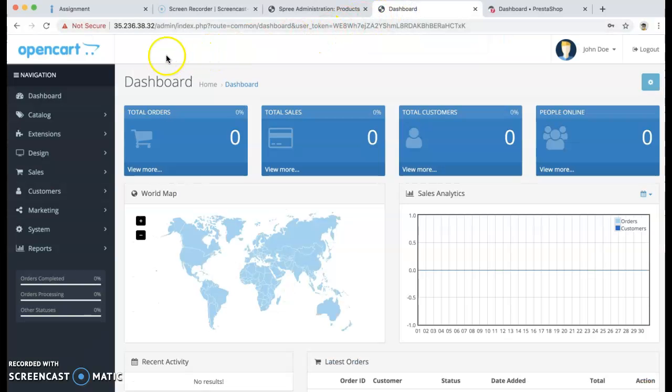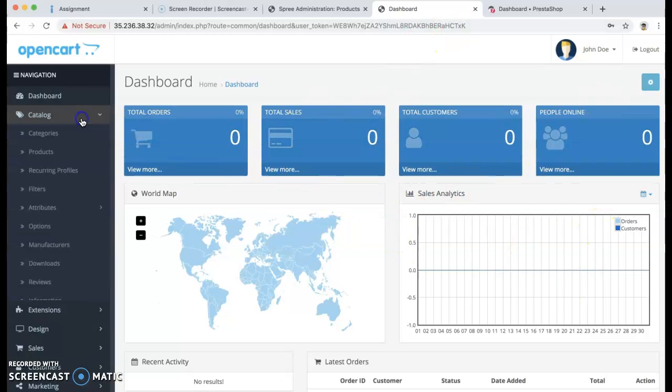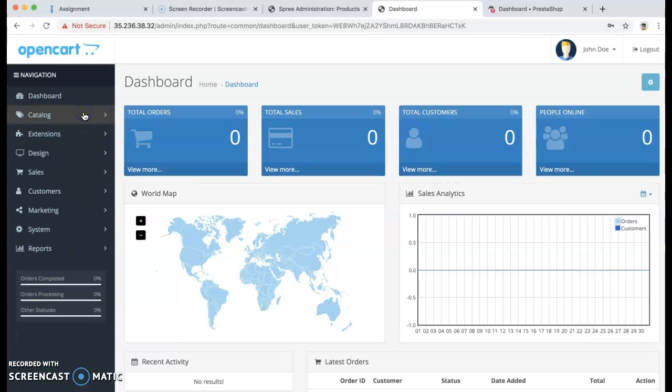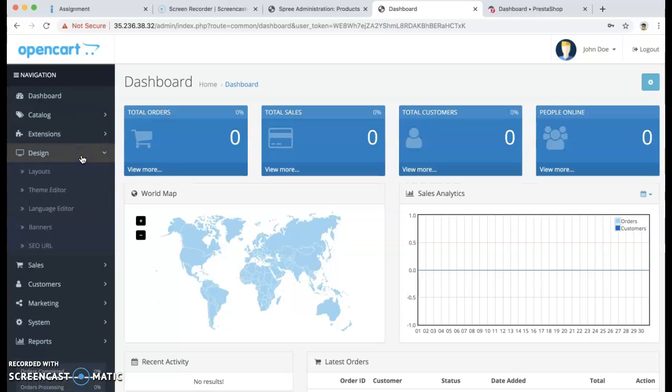The other one that I chose is OpenCart. As you can see, the left side is much better than Spree. We can see the dashboard and it shows lots of information here, and when we click on the category, it has product, filter, attribute, option, many types of things, and it also has the design view, so we can design our web,